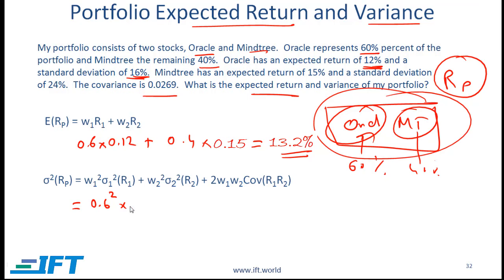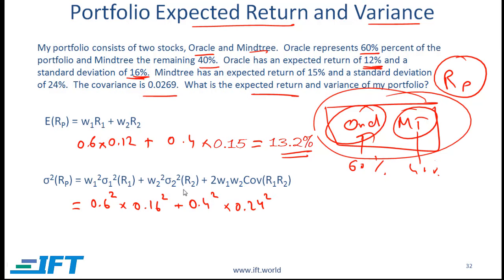So you do times 0.16 squared plus the weight of the second stock squared. The second stock is Mindtree. The weight is 0.4. So we have 0.4 squared. And then the variance of the second stock, which is